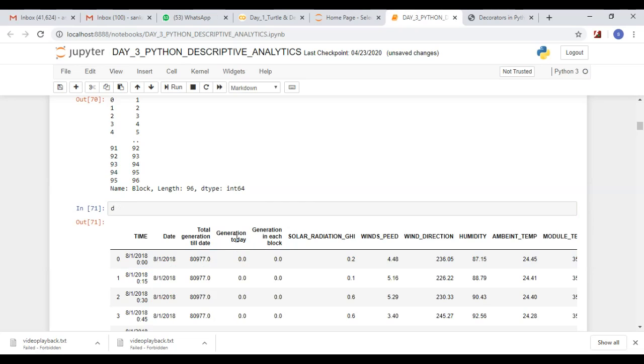See here: time, date, total generation till date, generation today, generation in each block. That block column is not here.